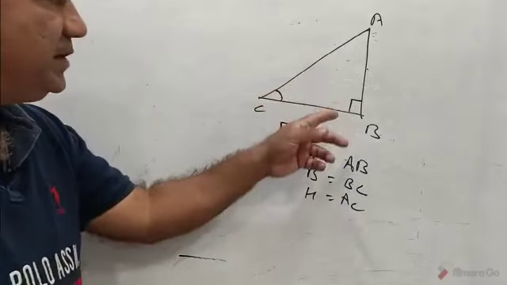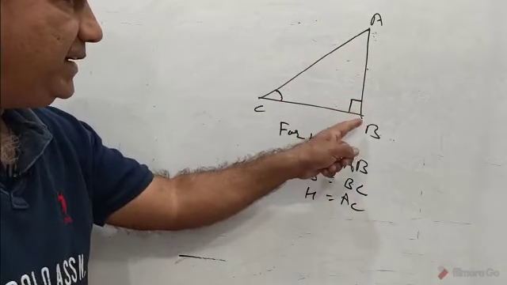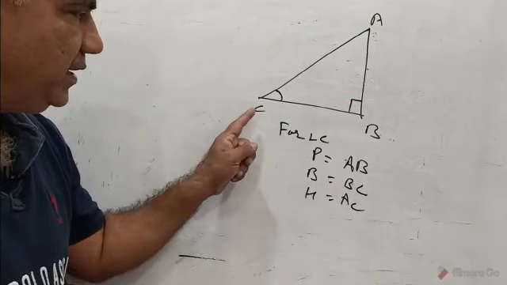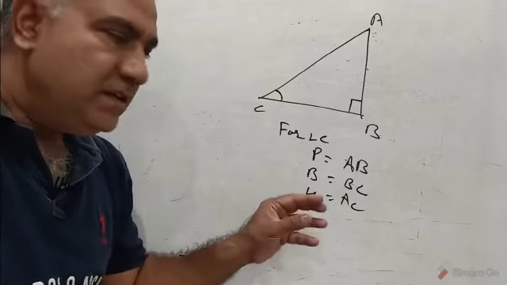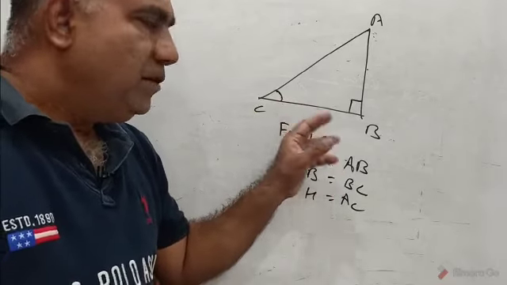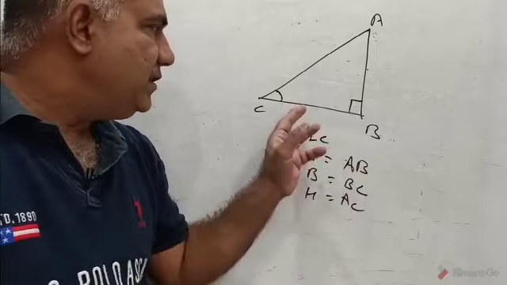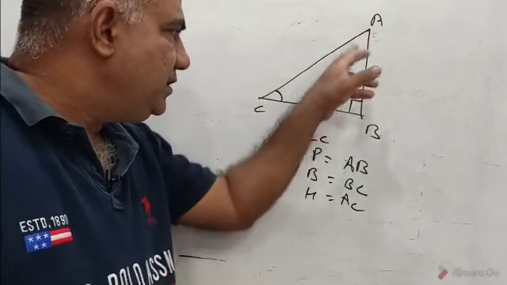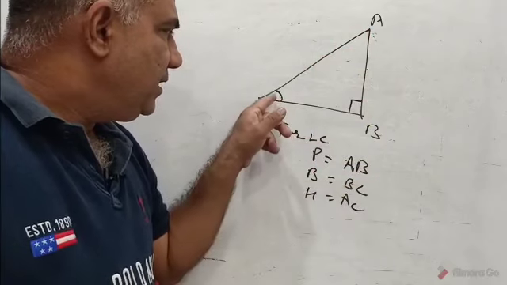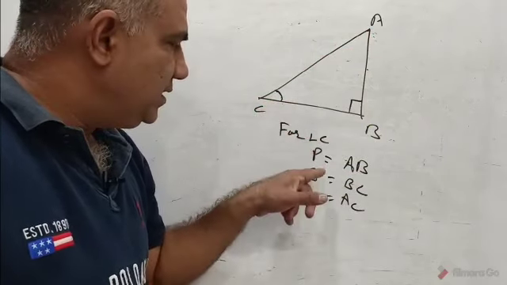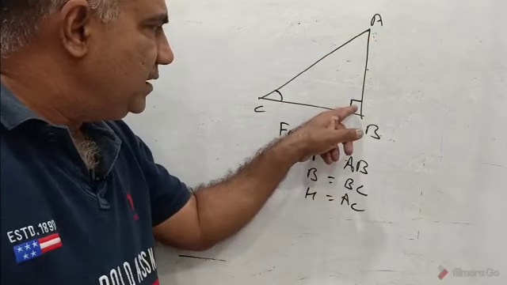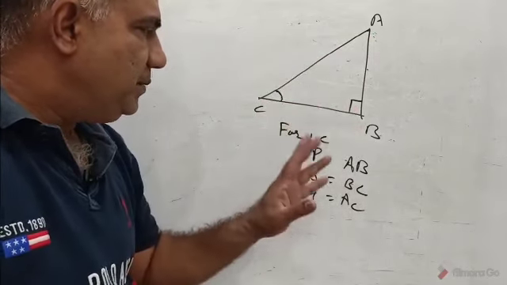So in this given triangle ABC, which is right angled at B, if I want to find out perpendicular for angle C, we know that the perpendicular for angle C, or an acute angle in a triangle, is the side right opposite to it. So the side opposite to angle C is AB, that is perpendicular, and the side on which this is made is called BC, the base, and the side right opposite to the 90 degree angle is the hypotenuse.